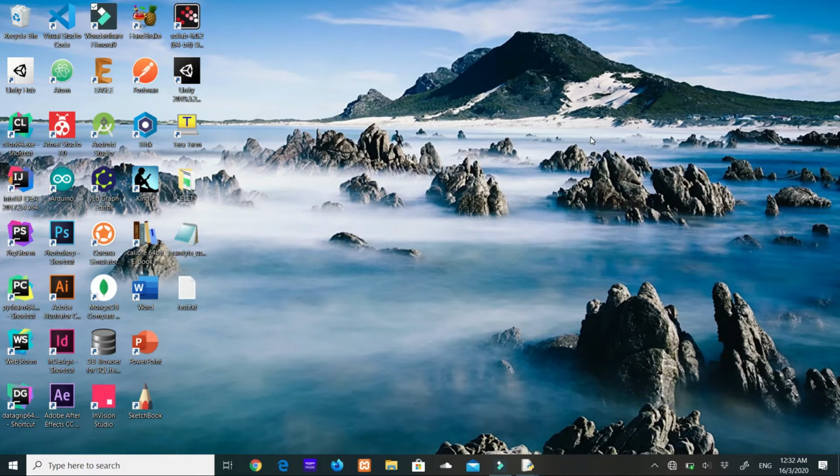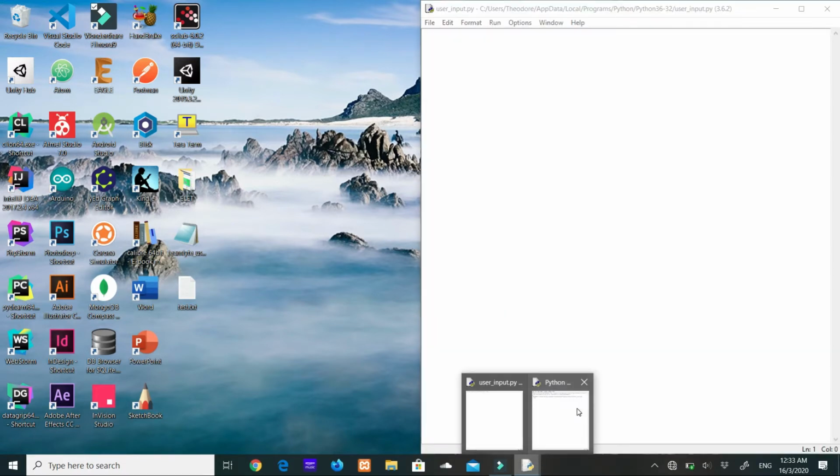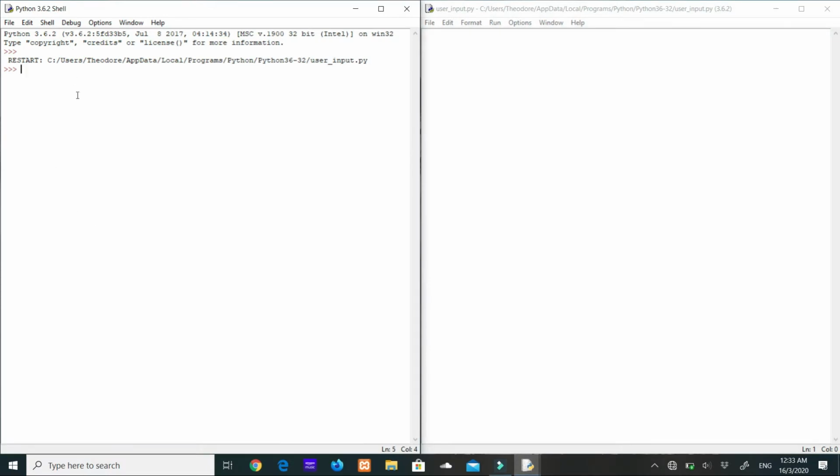So let's begin. So now I'm gonna bring up the Python shell right here. So to get or to request information from the user in Python 3, we're gonna use the input function, and you'll see just how that works in a minute. So I'm gonna create a variable called value. And then now to get information from the user or to prompt the user to enter some information using their keyboard, I'm going to say input,